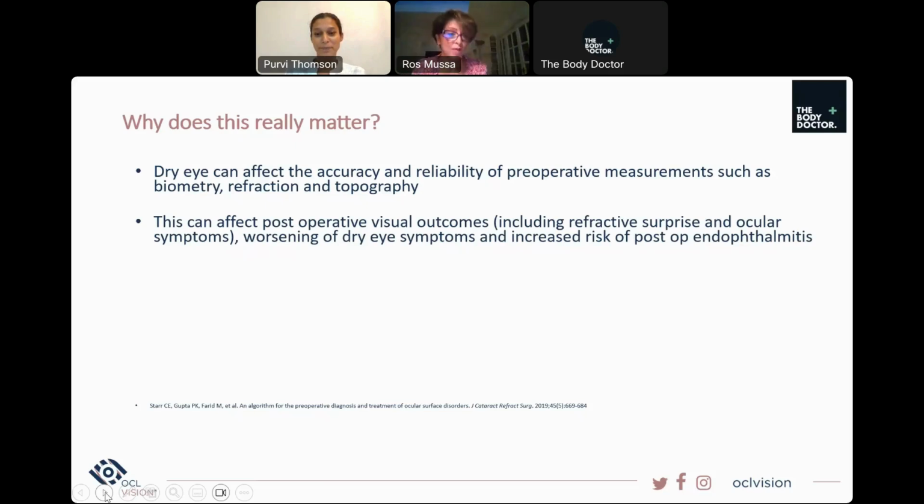I actually do know that, and it's only because when I first started doing a dry eye clinic years ago, and I think one of the delegates on here was with me in clinic that day, we had to do a recheck, and I happened to do some dry eye treatment before he went in for the recheck, and we came out with a completely different result, and it was quite alarming. We found that our recheck rates dropped quite a bit, and our remakes therefore dropped quite a bit. So irrespective of what we're talking about here going into cataract surgery, which is way more critical because you can't just redo the surgery, you can remake glasses, and as a business that's expensive, but it's